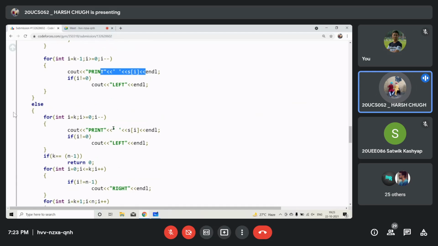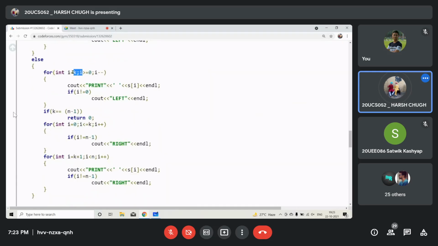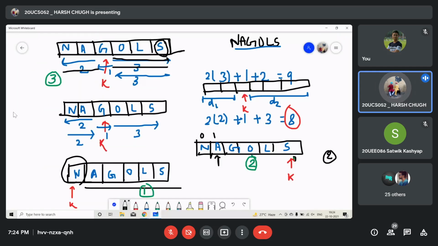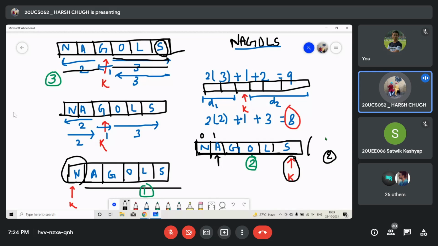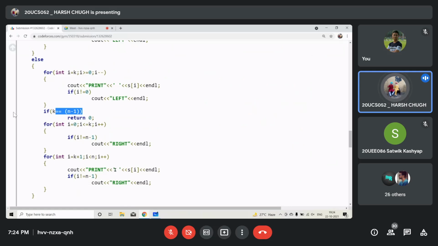Similarly, we can go in the other direction, right? So if we were at the kth position and we are going left first, we will print the letters at the si position, then we will go left until we are at the leftmost position. Now if k equals n minus 1, then it will return the main function. So if k equals n minus 1, that means initially our ladder was at the last position. Now by going left and printing the letters, we have covered all the string, so we don't have any right part left, so we don't have to go right anymore. So we'll return the main function.